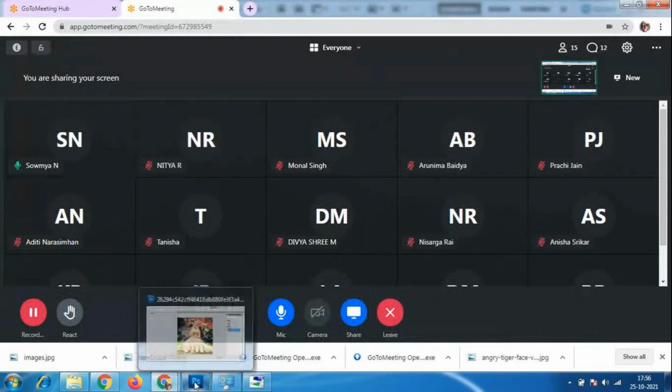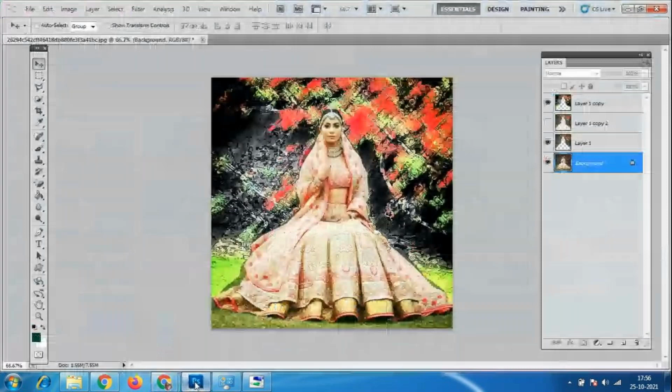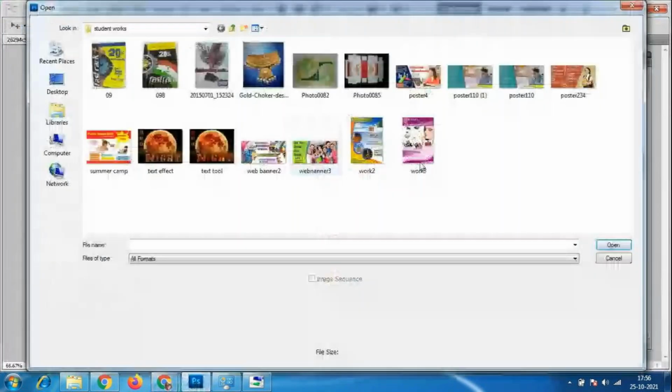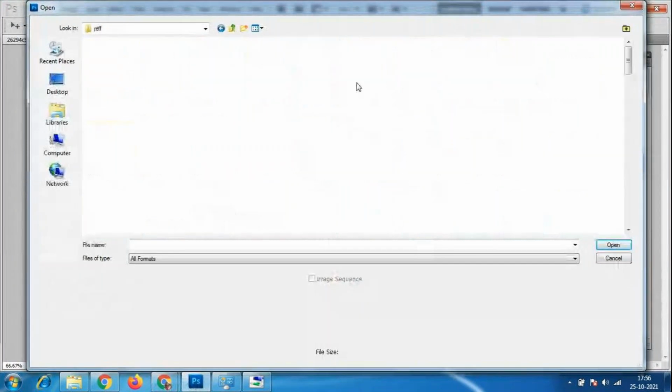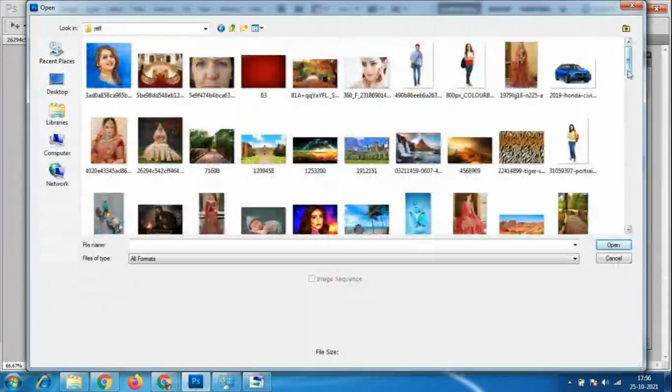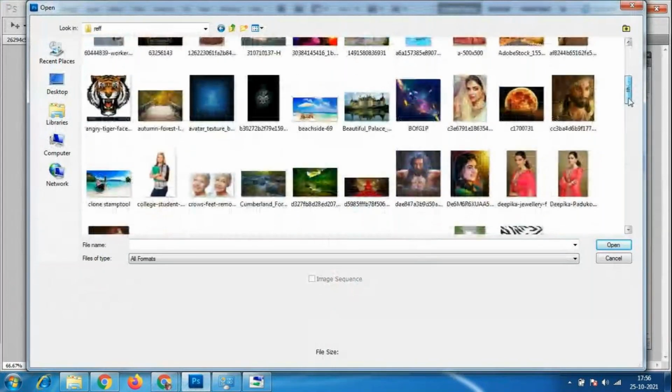Okay, we'll go to Photoshop. So this is what happened in the last class. Okay, so I'll go over some of the things. We will create an advertisement design in this class, and some poster designs. So we have to create movie poster designs. Before that, we have to work with the smudge tool. Some of the tools I have not taught until now.